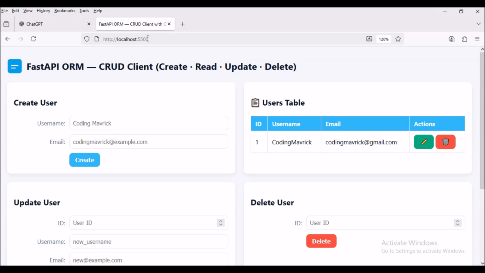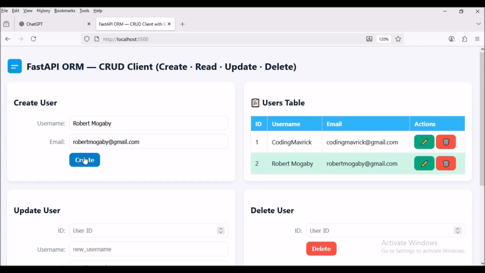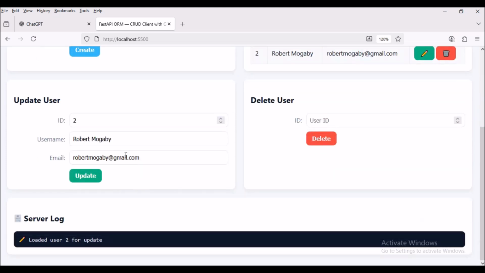I will start the testing by creating a user using username and email, and you can see that the user has been created and is visible on the right side list menu. Now if you want to test the update user route, you have to click the edit button on the users table and its data would be populated in the update user panel.